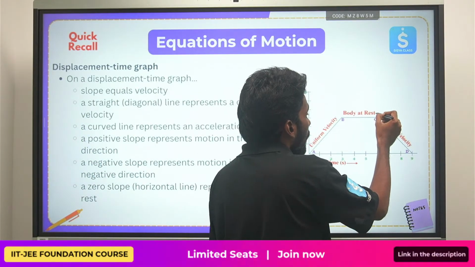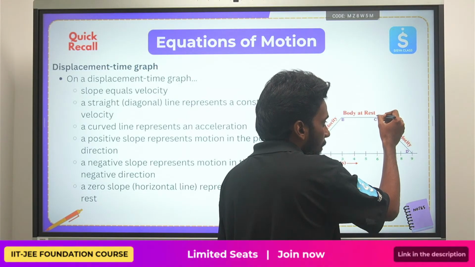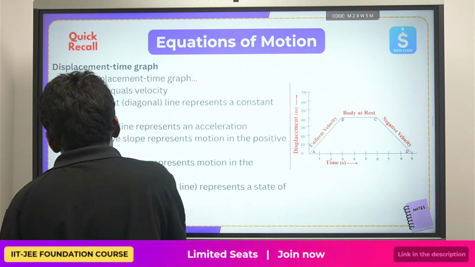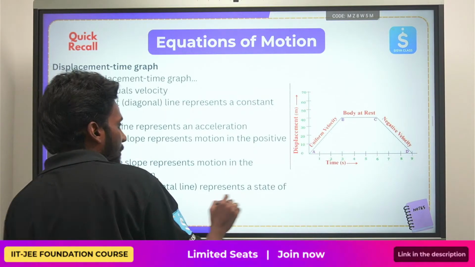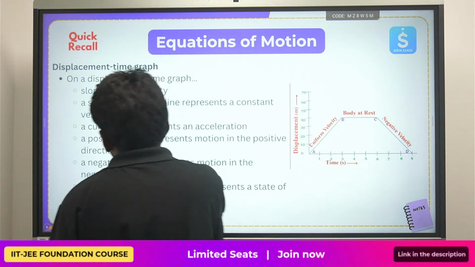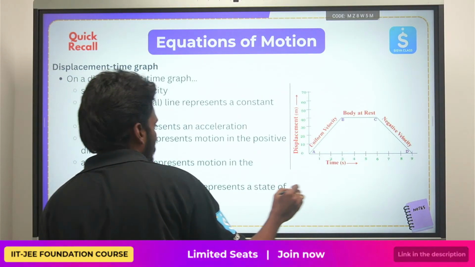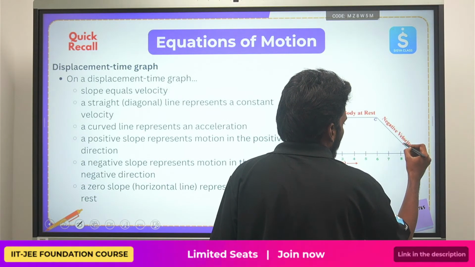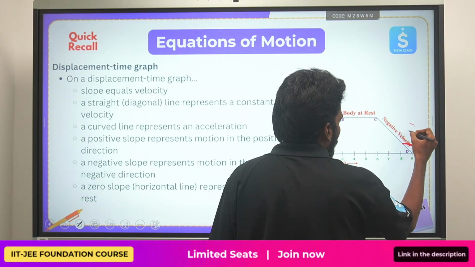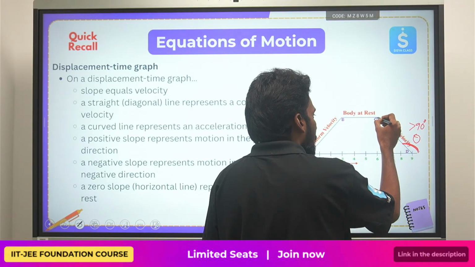Now what if the graph is a straight line, but here in this case, if you see the angle that it is making with the x-axis, right? Here the angle with the x-axis, this theta, is more than 90 degrees. So in this case we call it